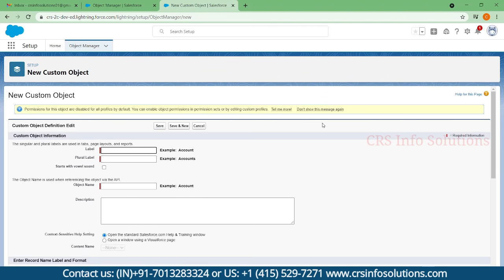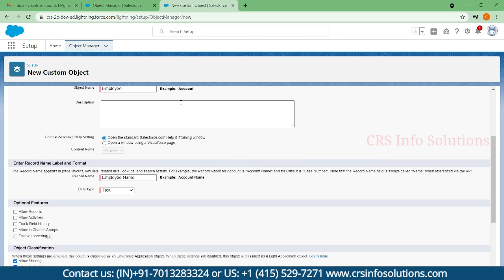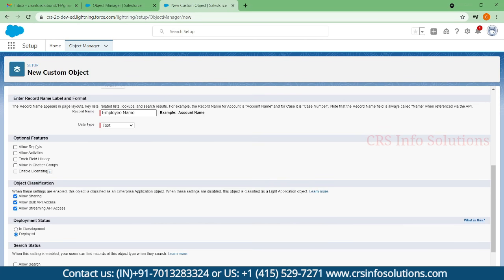Here you can name the object, like employee. I'm just making the object name Employee and the plural label Employees. There are so many options available.